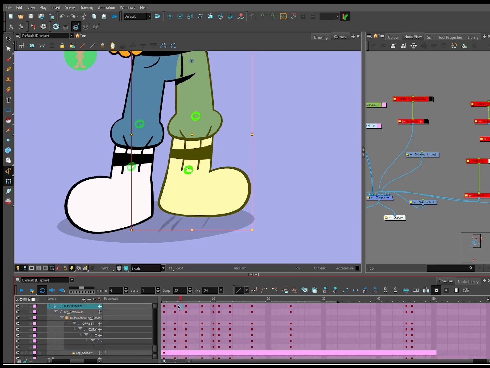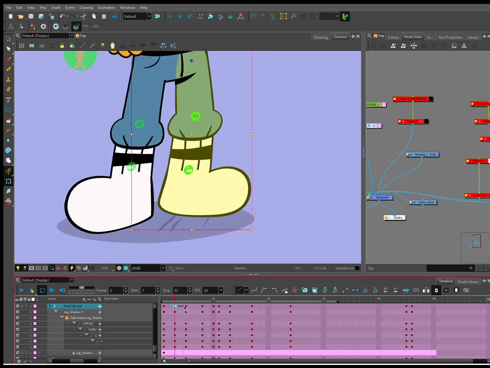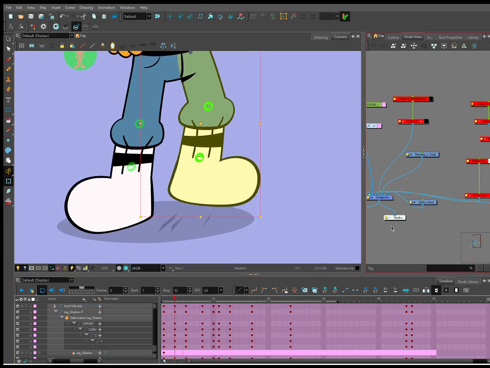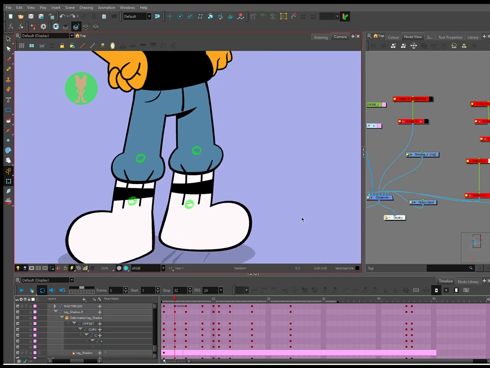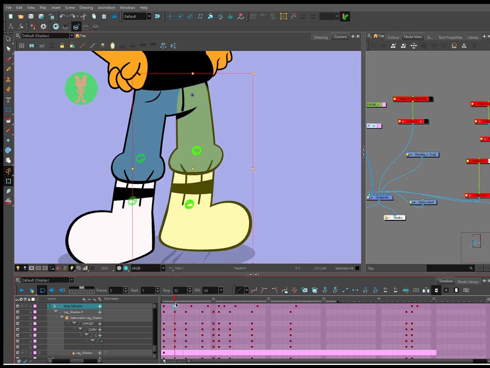Frantically hitting keyframes and going, what is this? That's normal. That's normal Toon Boom process, at least for me. Okay. So I'm going to tween it, and you see how it's moving on its own here, as I'm only working on the leg. I'm going to pick something that favors. Here we go. Now the leg moves up. Now, one could say, couldn't you have just taken the leg and done this? Yes, but again, I'm talking about technique. It's the technique, it's the practice.